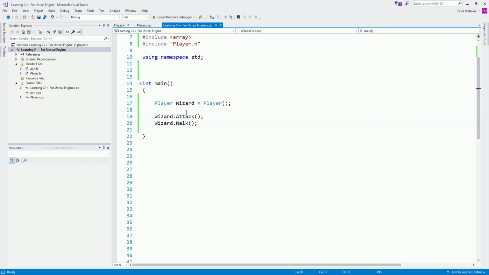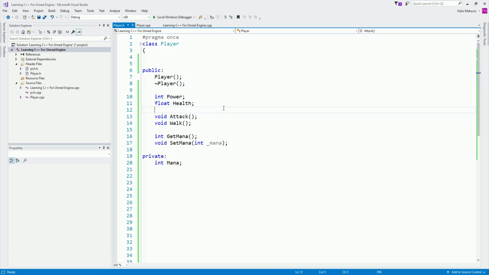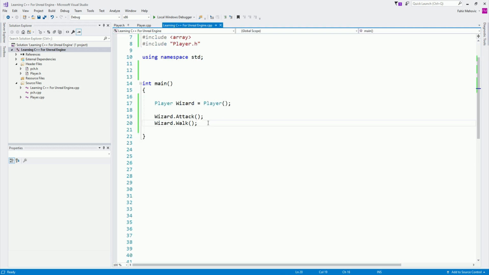So now we group everything that we learned about variables and functions inside of classes. That's why I went step by step, line by line, slowly progressing up to this point where we wanted to explain all of this.